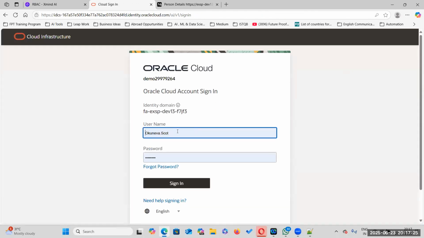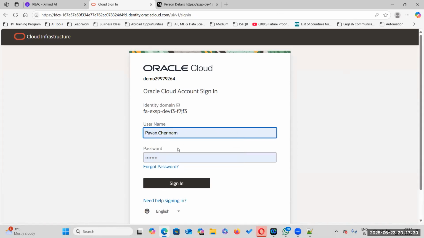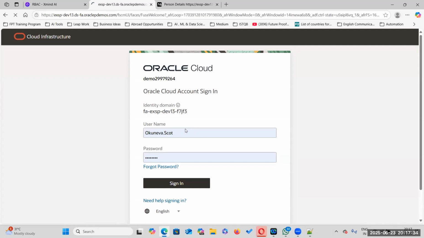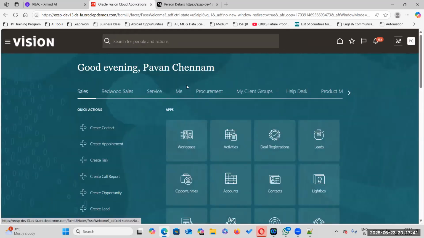Sir, in real time also, when we are working, will this happen? No, actually it depends. If I select Aura, again the same error comes and again we have to go back. What I'm telling you is that Per Line Manager Abstract and Aura Per Line Manager Abstract are having some issue. Sometimes this will work, sometimes this will not work. That's what we have to check, which is working.